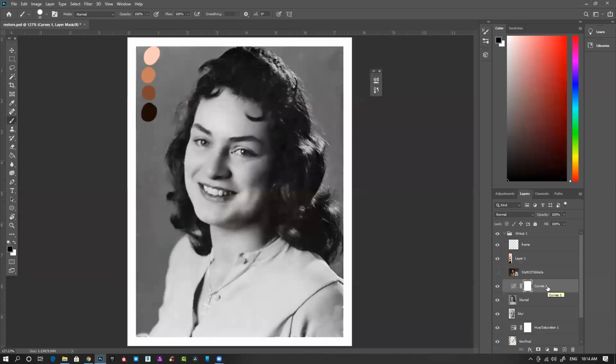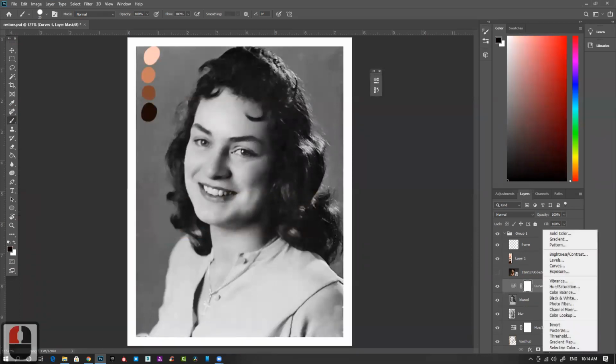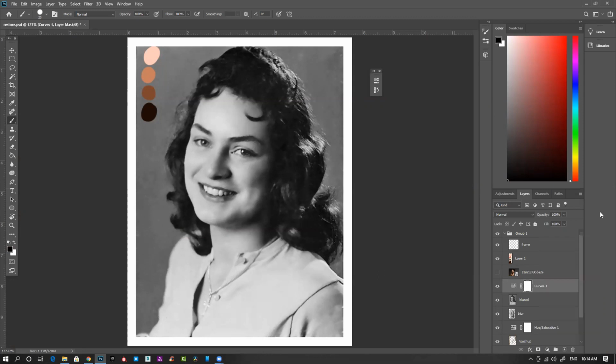So over the curve, I select curve and I'll go back to adjustment layer. Click here, and the second last option is gradient map. So gradient, we all know, is the color gradation from one color to another. It can have multiple color tones also. I'll show what a gradient is really easily.